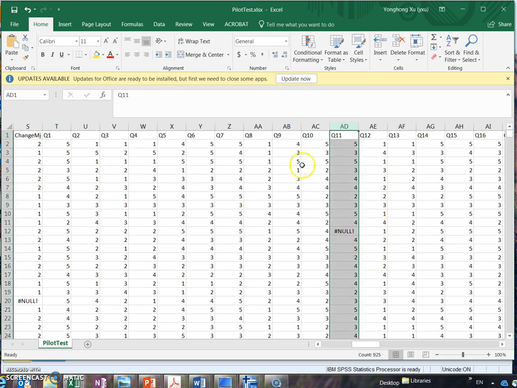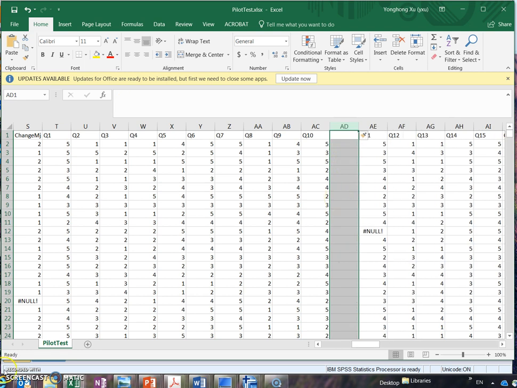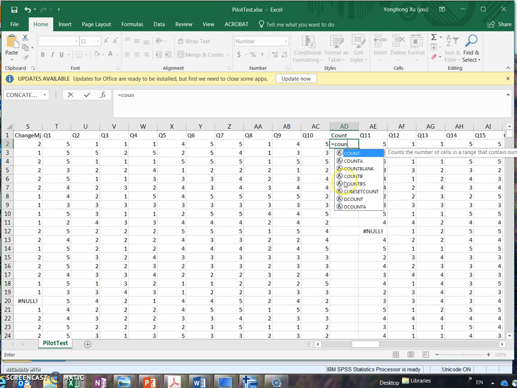response set. First, let's go to the column right next to your last question. Right click and insert a new column. I'm going to label this column as count. Next, I'm going to use a function. You can start with an equal sign, then COUNTIF, okay,